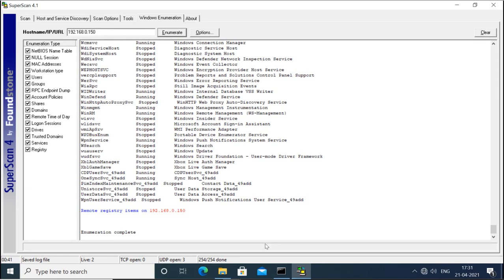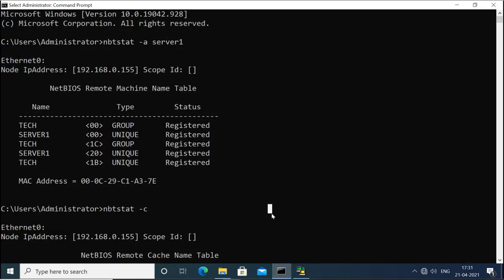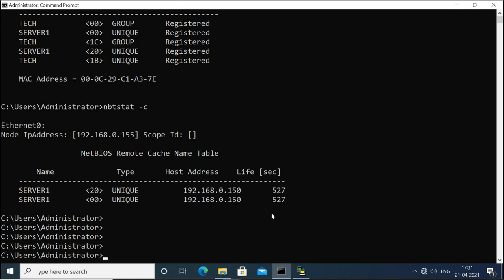Now null session means what? Actually, when you connect to a share folder, when you connect to a remote machine, when you access the share folder of the other machine, then your session is established, the IPC session. The IPC session is established from your machine to the remote machine. Now remember, when you access any share folder, you have to provide authentication. You have to give the username and password. Otherwise, you are not able to access the share folders of that server.